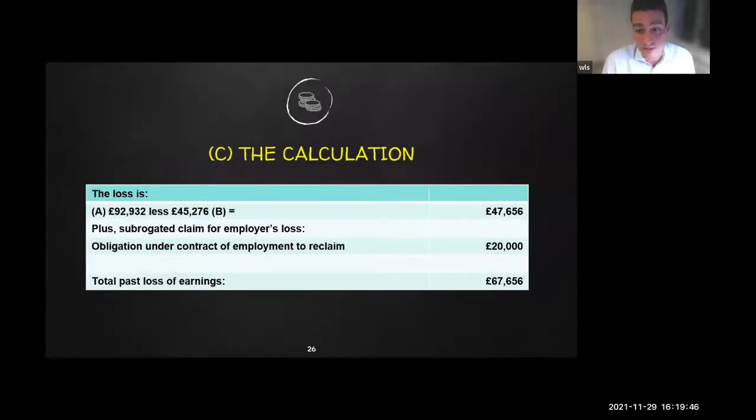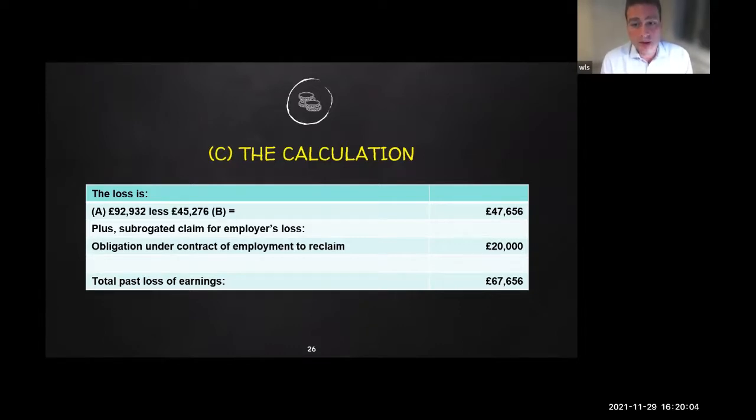And then the calculation is very easy. It's A minus B, which is 47,656. Now, there's one other point to note here, which we haven't discussed earlier, and that is under the contract